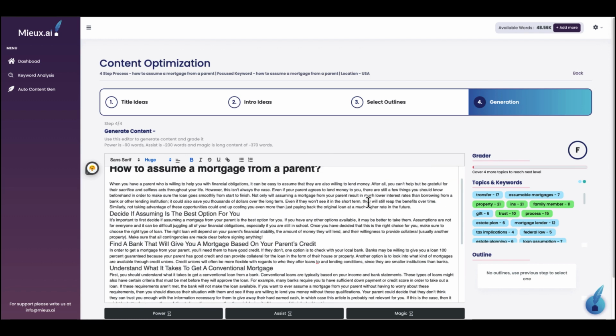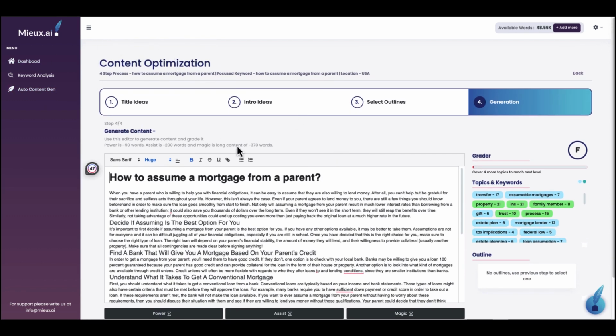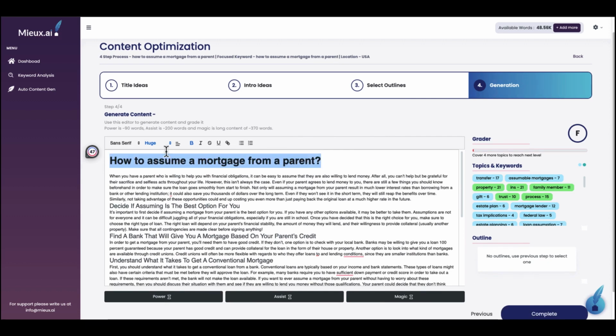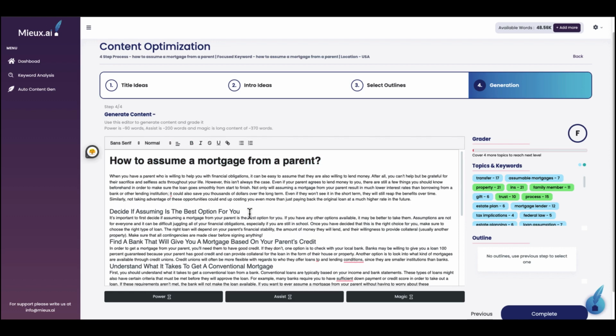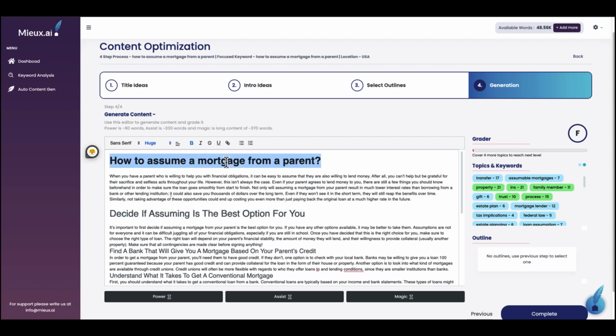Okay, now on to Mieux. Here's Mieux. All right, so this is the dashboard for the content editor. This is the UI. A big problem, they don't have H1, H2 setting. They just have the small, normal, large, huge. So when you go into edit, you're just going to have to figure out, all right, we'll make this one large and that one huge is the H1, large is the H2, I guess.